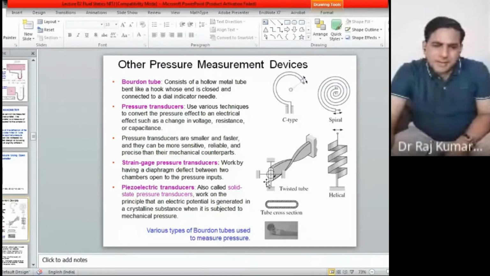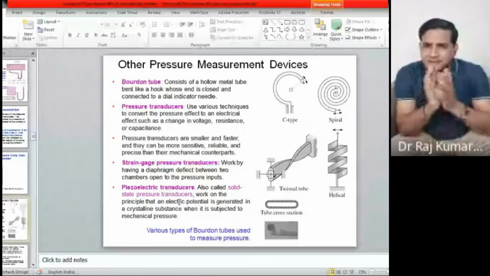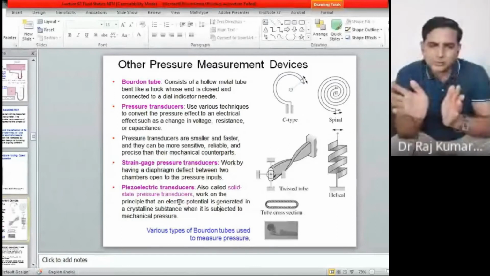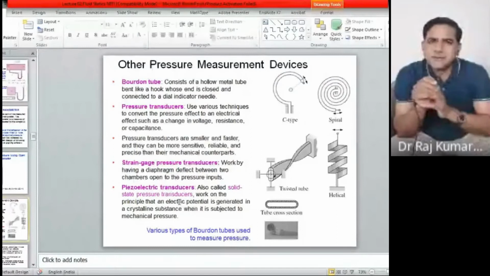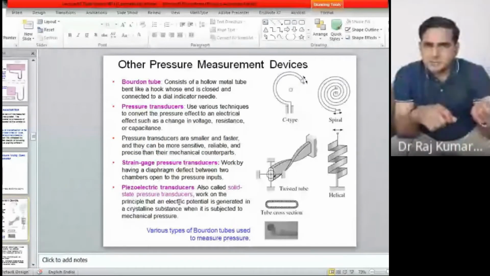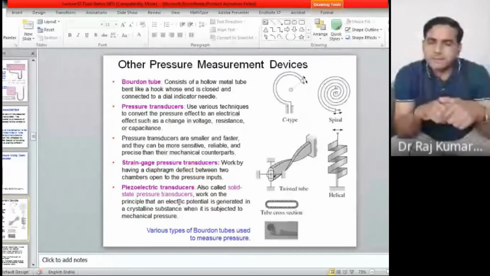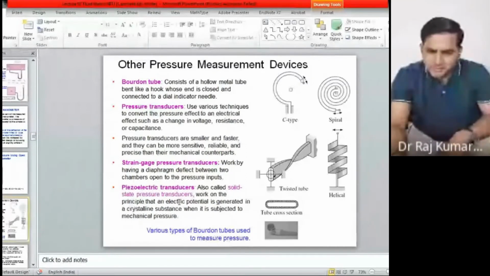Then for very high pressure with a solid material, that's called a piezoelectric transducer. Here you are converting the pressure into electric signals in the material. So I would ask you to read up on the Bourdon tube, pressure transducers, and strain gauge. The strain gauge is where you are expanding a length of the material, and you are converting that into the pressure signals. Strain is just the expansion part of the thing. Fine. So you have to read up on these.